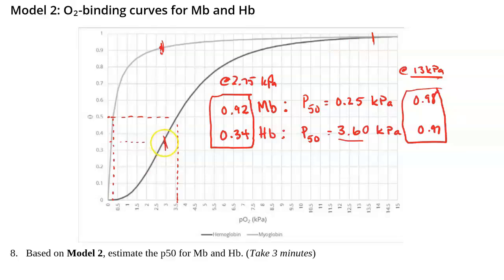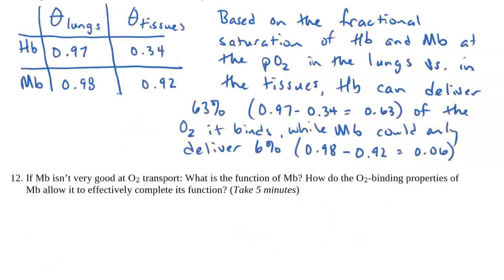Well, if you release it in the muscles, but you have myoglobin present there, it's able to bind to that oxygen and take it up. And then, of course, it depends on the relative amounts of those. So if you have a lot more myoglobin present, then it can bind a lot more of the oxygen as well. The fact that it binds more tightly than hemoglobin is going to be a good thing for its function, because it will be able to take the oxygen that's released from the hemoglobin and take it up. So perhaps you have some good sentence written for that.